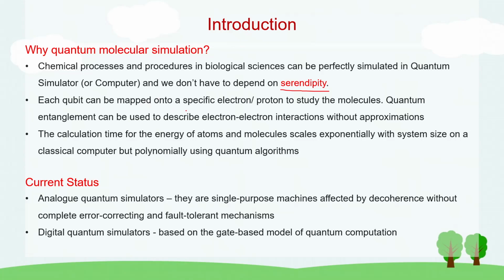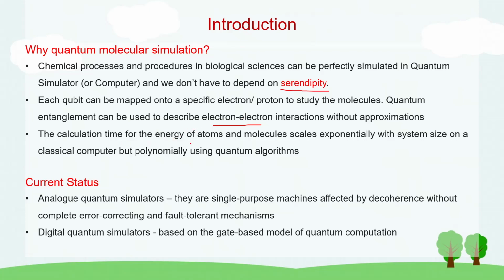Each qubit can be mapped onto a specific electron or proton to study the molecules. Quantum entanglement can be used to describe electron-electron interactions without approximations. So you may ask me, today we don't have too many qubits, and if you want a qubit for an electron, it's not possible. Yes, people are also working on how to reduce the number of qubits required. In this NISQ era,